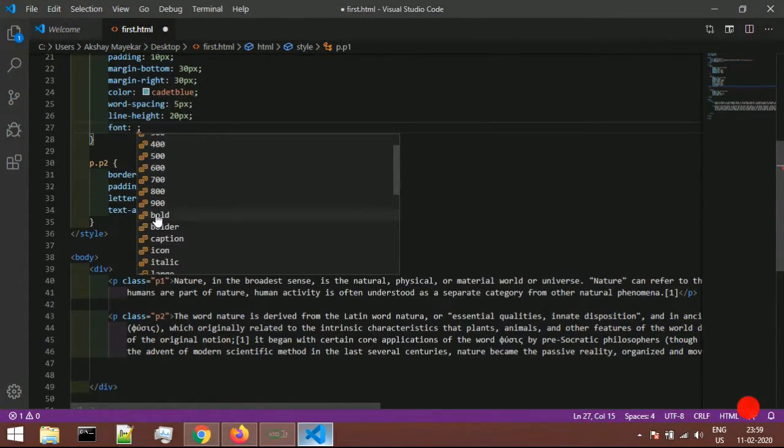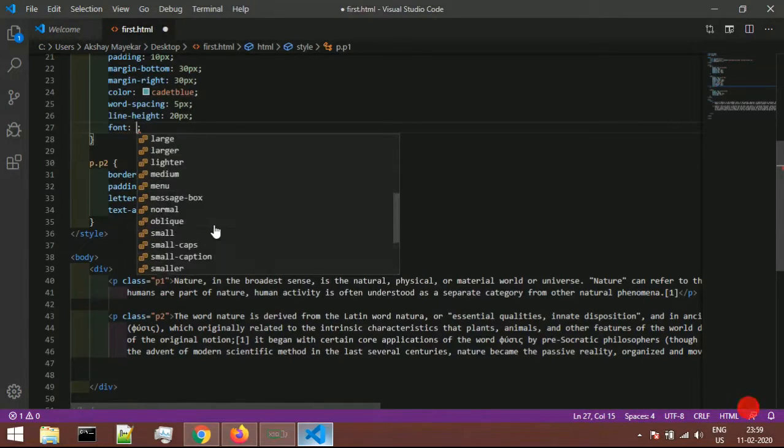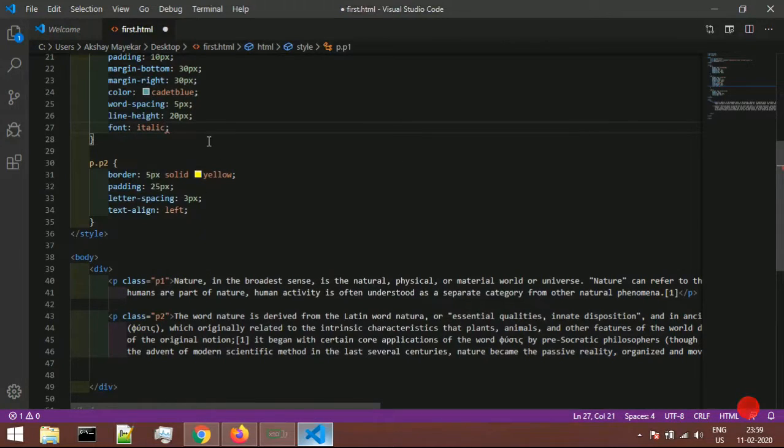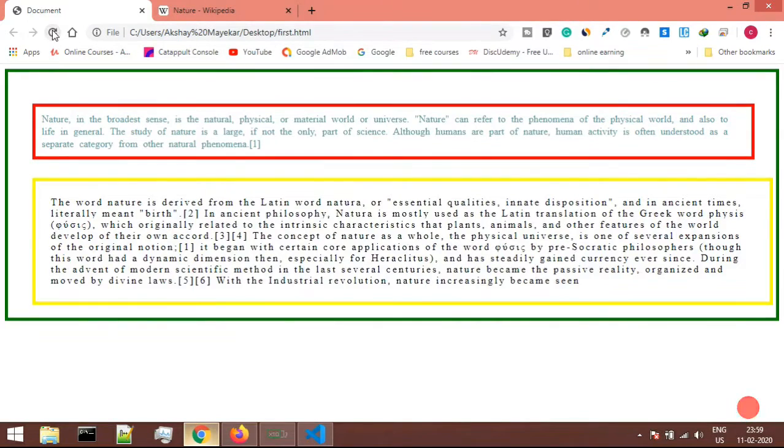You could make font bold, bolder, capital, italic, large, lighter. These are the different values what you're getting. So whatever value that you want to choose, you could choose. If I want to change the font to italic, then I could do that. If I'm just saving this, coming over here and refreshing,